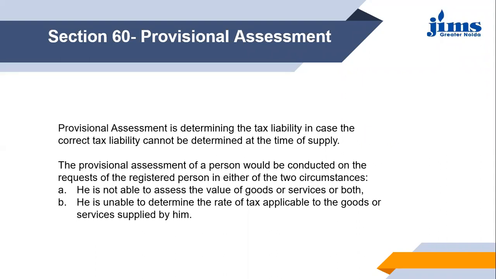and later on whatever will be the discrepancy, that will be adjusted. So provisional here means that for now, for making out the tax payment, the taxpayer is simply assessing the tax liability as per his known knowledge, which is not the final assessment. And once the final assessment is done, then accordingly the taxpayer will pay out or adjust the final tax that needs to be paid. So provisional assessment here means when you don't know the exact tax and you are paying taxes under provisional assessment, section 60.